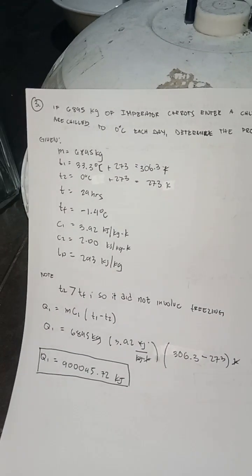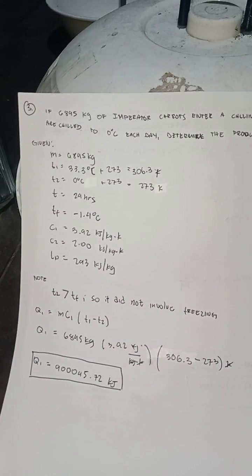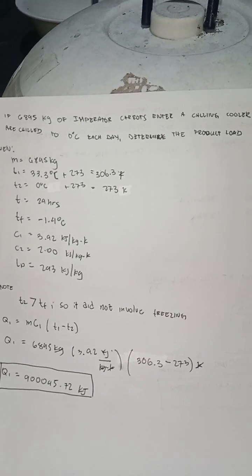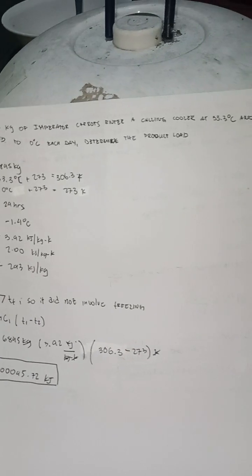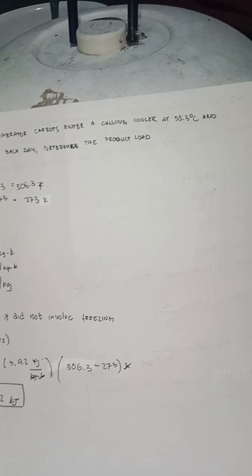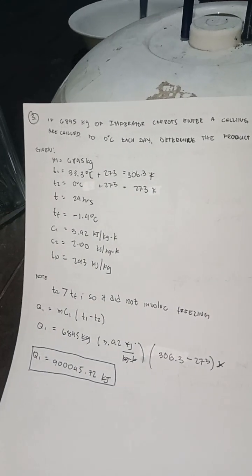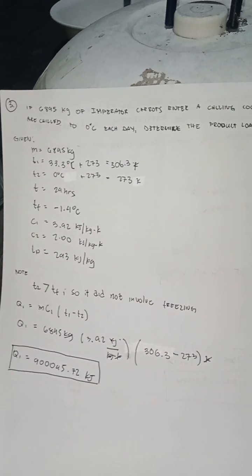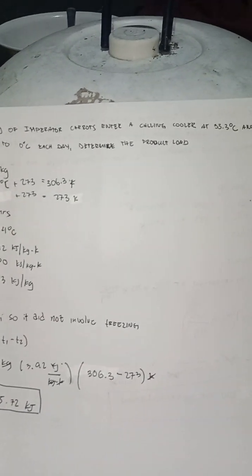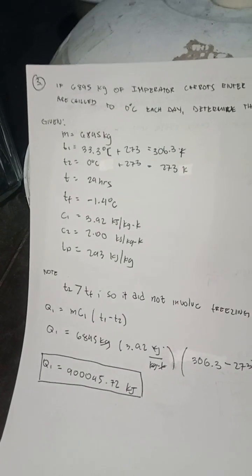So number 3, if 6,895 kilogram of Imperator carrots enter a chilling cooler at 33.3 degrees Celsius and are chilled to 0 degrees Celsius each day. Determine the product load given. Mass equals